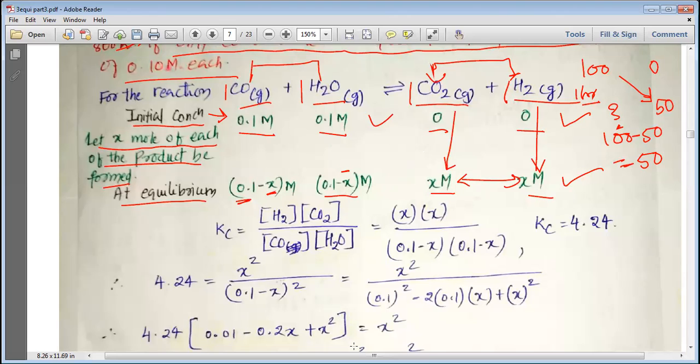हेलो डियर स्टूडेंट्स, ये शुरुआत में हमारे पास 0.1 मोलर है, अभी इसमें से कुछ प्रोडक्ट X बनता है। अगर प्रोडक्ट X मोलर बना है तो इसमें से कितना यूज हुआ होगा? आपको बताना तो पड़ेगा ना।